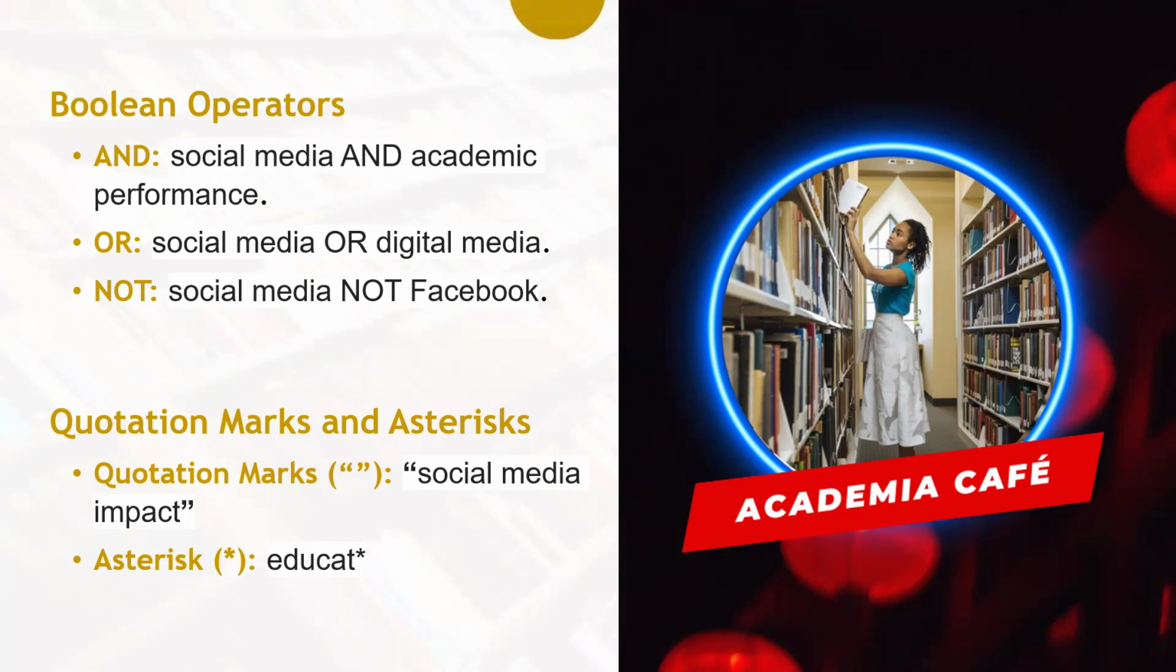For example, social media or digital media will return results that contain either term, providing a wider range of information. For the NOT operator, NOT is used to exclude a term from the search results. It narrows the search by eliminating unwanted information. For example, social media NOT Facebook will return results that mention social media but exclude any result that specifically mentions